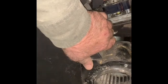That screw can come loose no matter how I tighten it, no matter what I've done. I put a lock washer on it. For some reason, it comes loose. I'm not really worried about it because I keep an eye on it now. But what happens is, if that comes loose, this piece here,